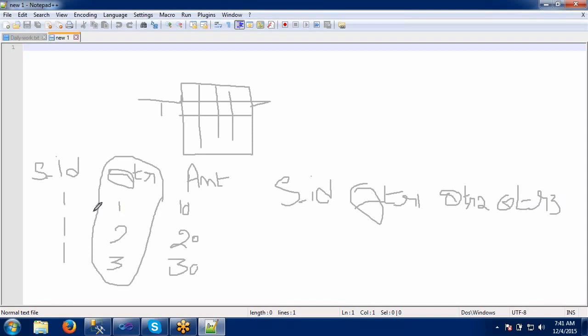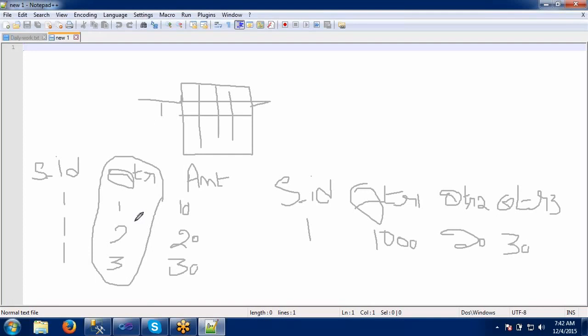Here it is one row, right? So 10,000. What is my amount here? Sales ID for the first quarter, what is the amount here? 10,000. Second quarter, 20K. Okay. For the third quarter, 30K. Whatever amount is available, I'm converting these rows into new columns.